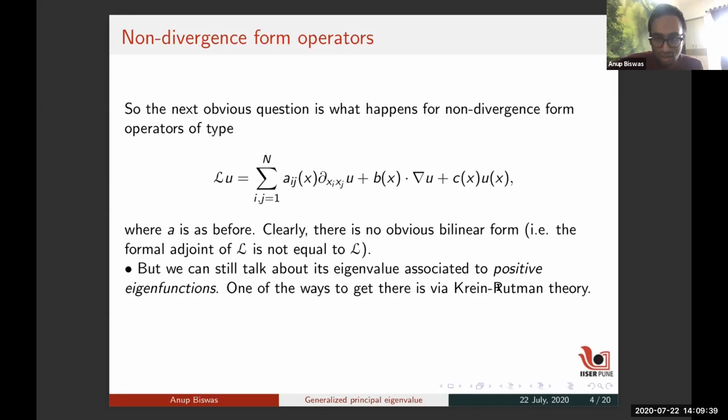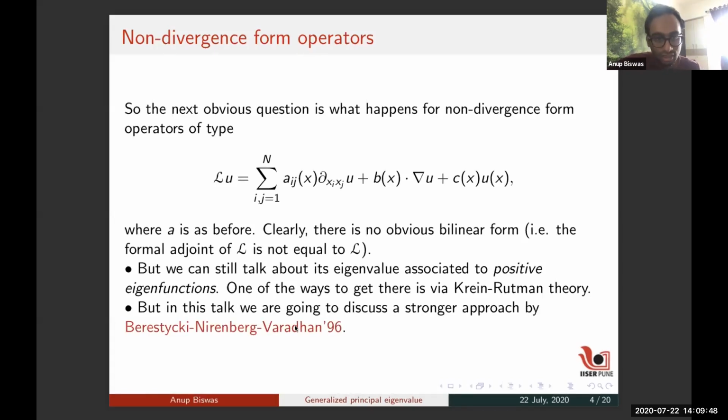Sometimes it's not easy to get those estimates. For this particular operator, actually one can get them. But on the other hand, there is another approach, which is more powerful in some sense. This is a notion introduced by Berestycki, Nirenberg, and Varadhan in 1994. They used a maximum principle technique to define what we call